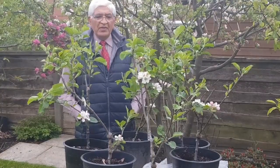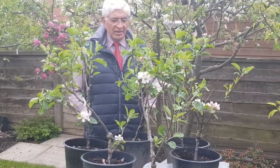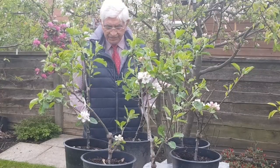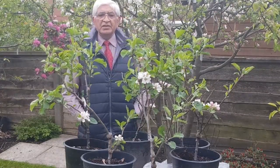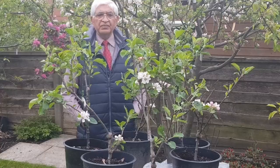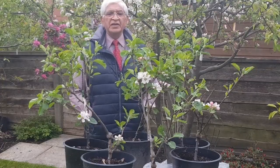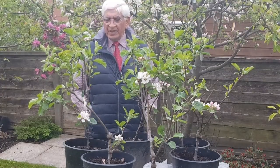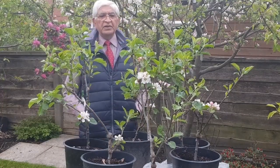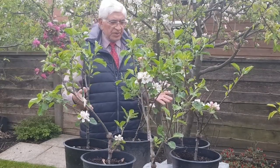We used to open our gardens for the public in July, but because of coronavirus, we couldn't open it last year. We used to raise some money for the local charity in Stockport called Wellspring. It helps the poor and needy people. And most of the money used to be raised by the sale of various plants, and most of them used to be